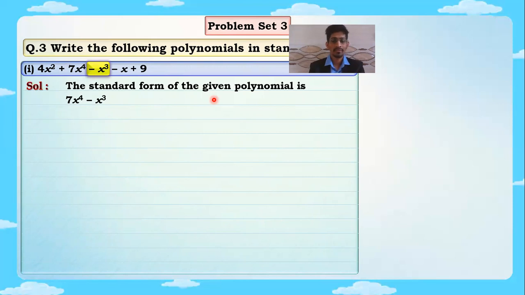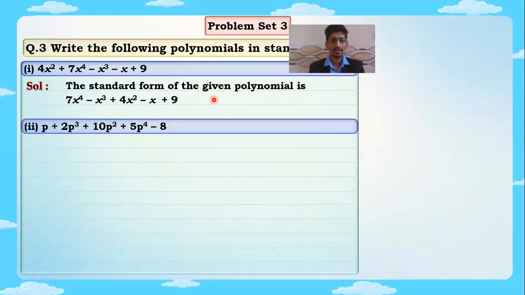After minus x cube, which term are we going to write? Yes, it is 4x square. Superb. You are brilliant. And after raised to 2, that is raised to 1, that is minus x, and then the constant term, that is 9. Super. I'm getting answers from everyone. I hope you are very much clear with this concept now. Is 60% clear now? Okay, great. Let us take one more example to make it 100% clear.